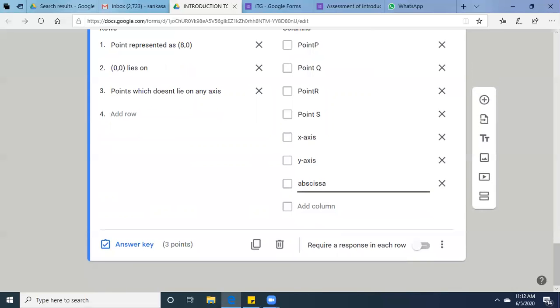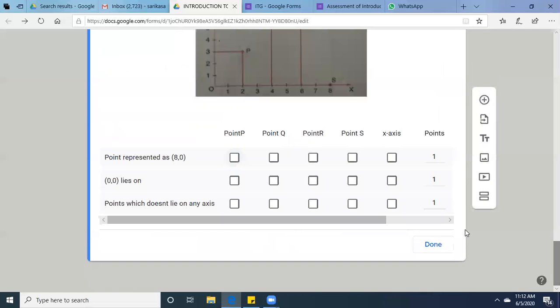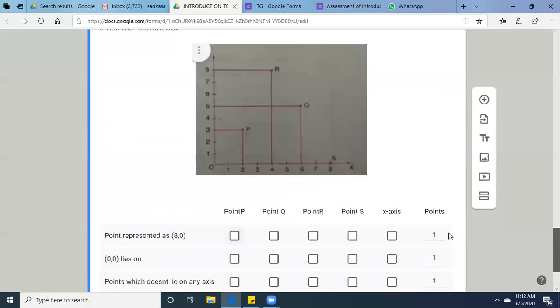Now I want to make the answer key. When I click on answer key, this type of window will appear. See, point represented as 8,0. If I see the image accordingly, name the point which is represented as 8,0. It is point S. So I'll click on point S.